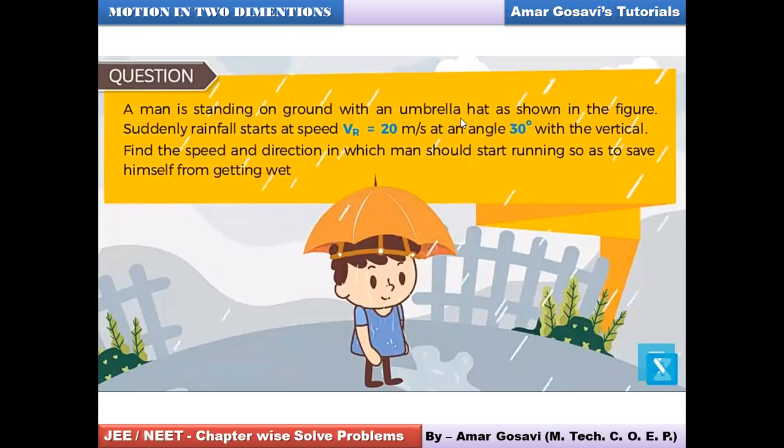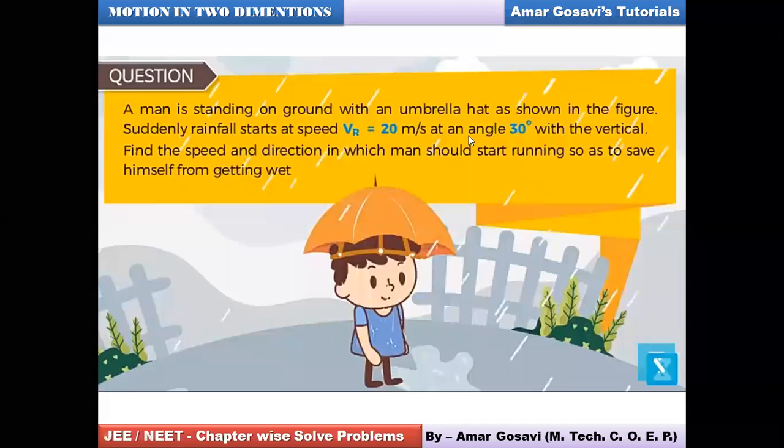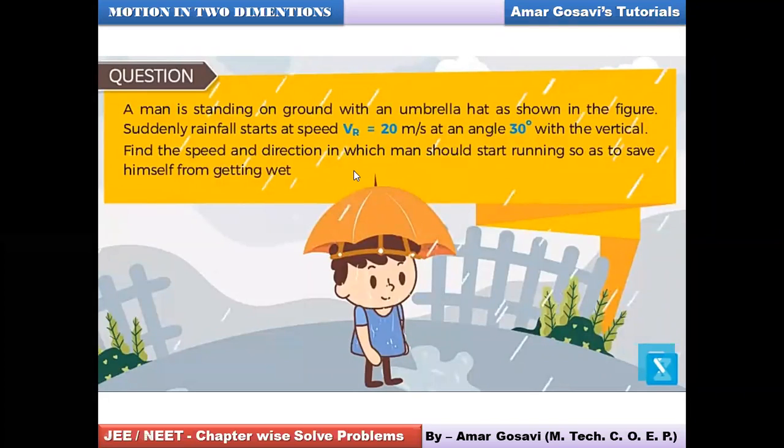So earlier the rain was vertical. Here the rain is at an inclination of 30 degrees. And what's the speed? 20 meter per second with the vertical. It's an inclination. So just imagine if the rain is coming towards the ground with an inclination in this manner, and this person has an umbrella which he cannot tilt because it's fixed on his head. So obviously these raindrops would wet this person, isn't it? The raindrops would wet the person.